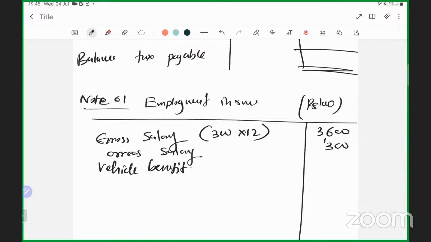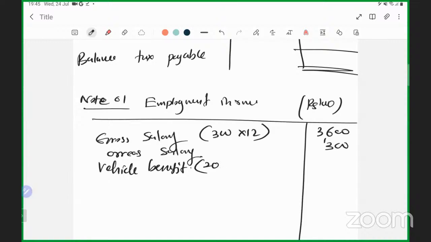Whatever the car benefit received, that is non-cash. So any car, irrespective of the engine capacity, is 20,000 per month,